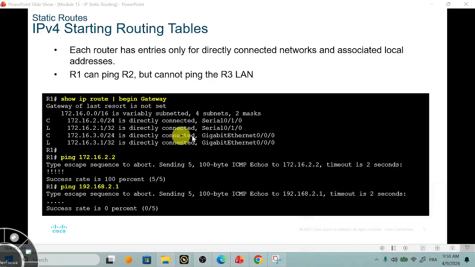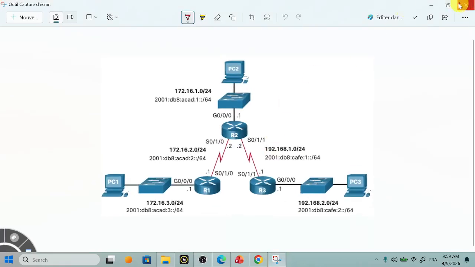It means that there are no static configurations, because default static configurations are basically the last path a router can take. Okay, default static routes. So if you look here, if we come back here,